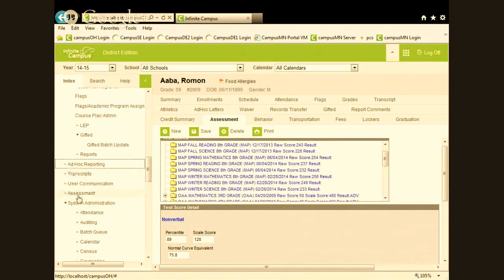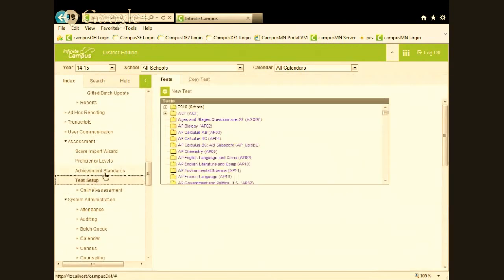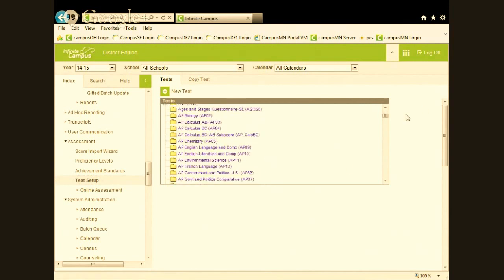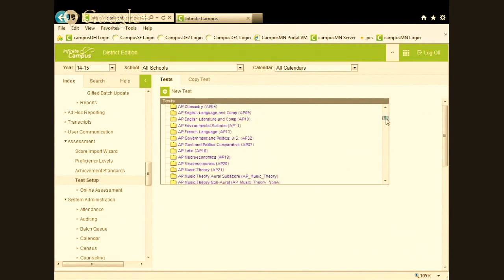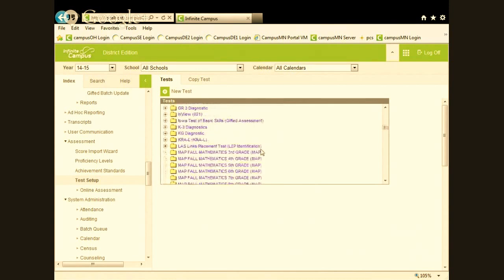I gotta close some of these windows, I got too many open here. We have the test setup. And your test setup can be devised in a variety of ways. It can be generated by year, so that on a year basis, you see the tests that were given. You can break it out. We can do parent test, subtest, and strand levels. So you can get right down to the strand levels. Or you can do it, here is the, I'm just looking for the third grade diagnostic, K3 diagnostic.